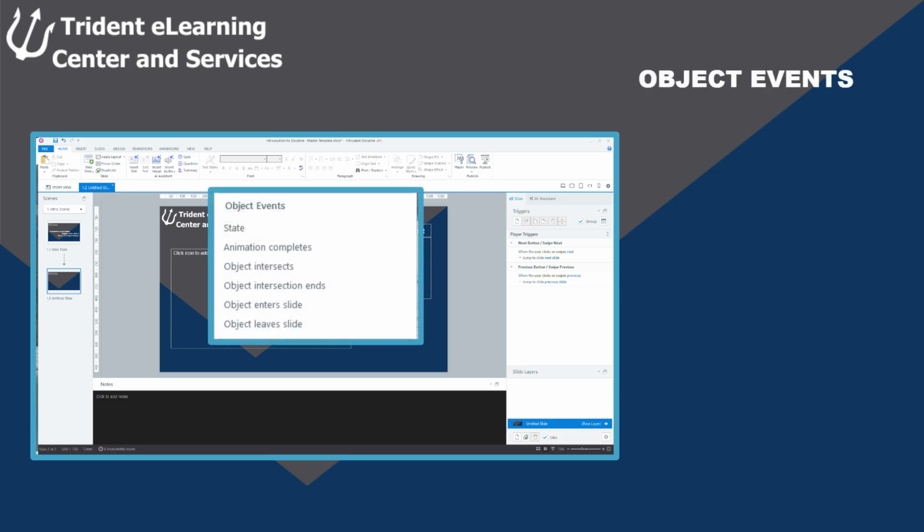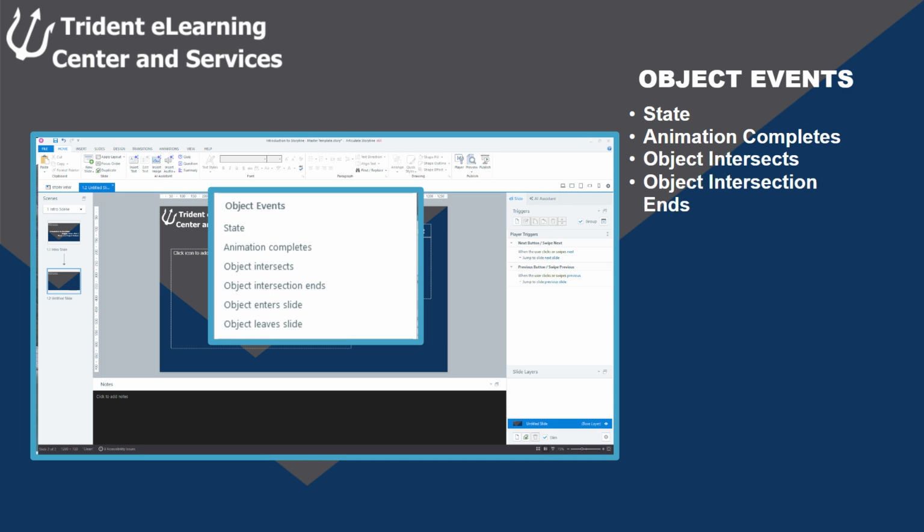Let's move on to the next category, object events. There are 6 events you can select: state, animation completes, object intersects, object intersection ends, object enters slide, and object leaves slide. We've mentioned what an object state is in other videos, but for this one, all you need to